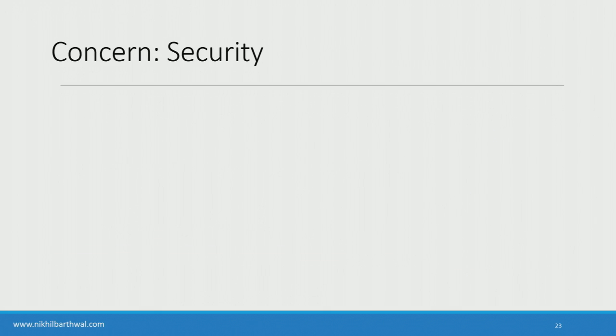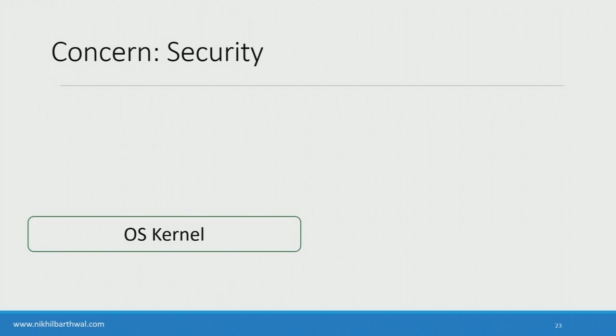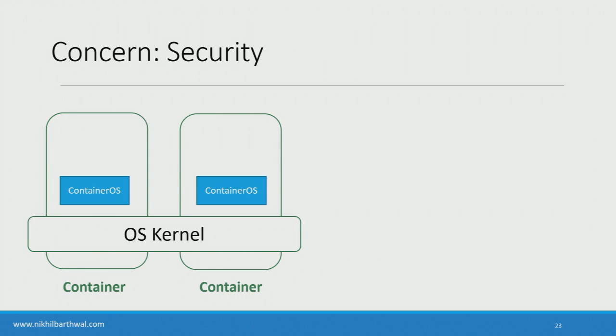Another concern with serverless is security. Now, what happens with serverless is that you have the kernel, right? And you have the containers, and then you have your container OS, and you have these functions. Now, what you observe in these is these functions share the same kernel. So there is a potential that one function can access another function, and you could have these running as two different processes from two different organizations. So my code can be accessed by code from some other organization, potentially malicious.